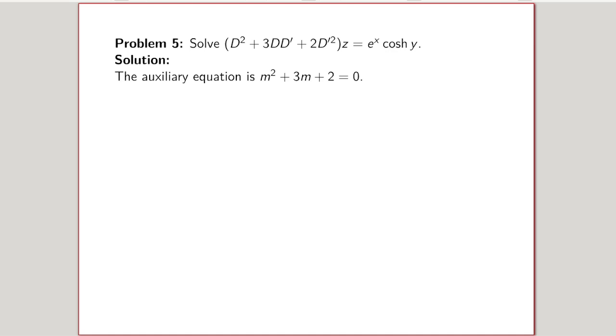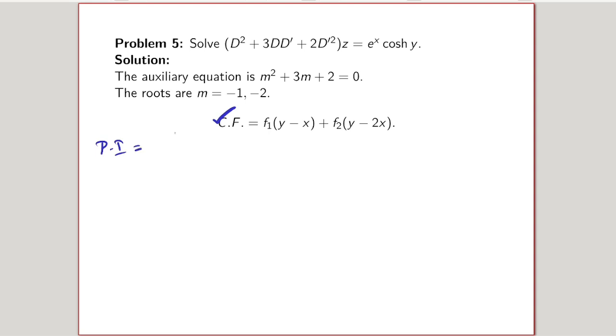So the auxiliary equation is m square plus 3m plus 2 equal to 0. You can write it as m plus 1 into m plus 2 equal to 0. So m can be written as minus 1, minus 2. So the complementary function will be f1 of y minus x plus f2 of y minus 2x. Now to find the particular integral,